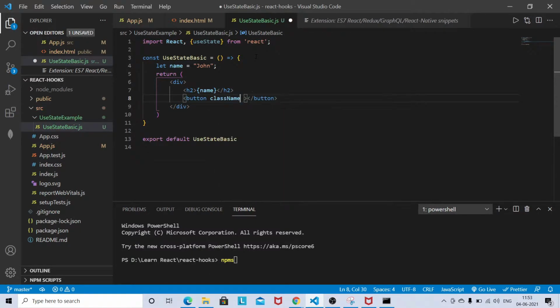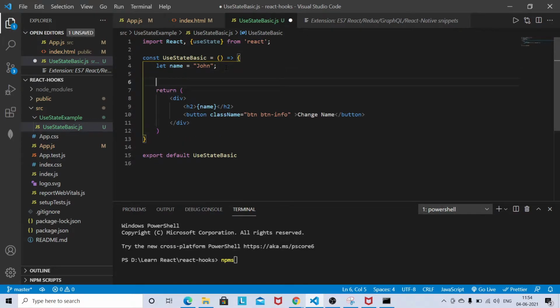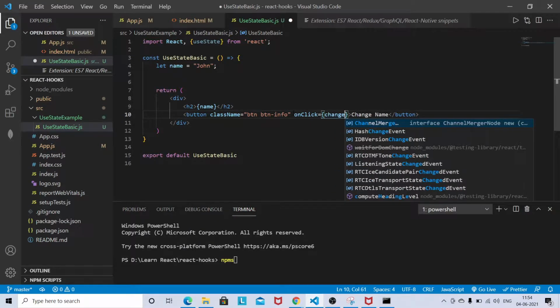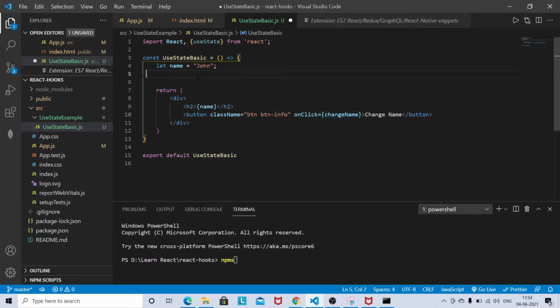For the button, I will give the Bootstrap class name btn btn-info, and the label Change Name. Once I click it, the name will get changed. So we need to add an event handler: onClick, and I will give the event handler name changeName.